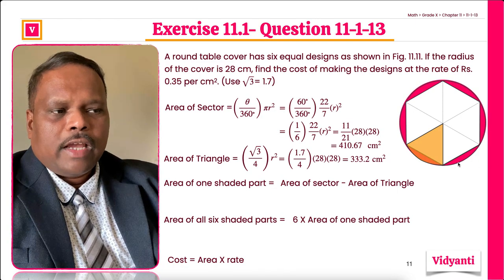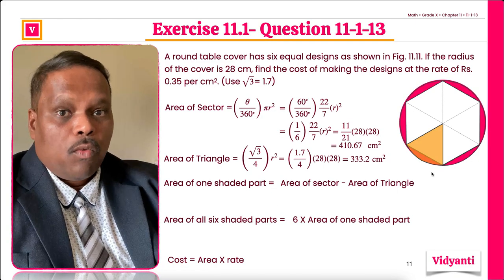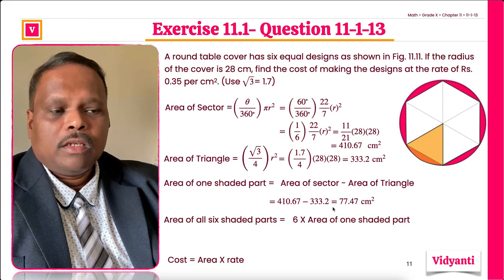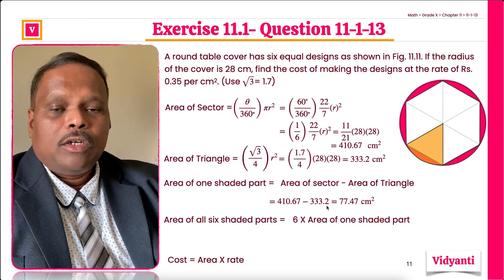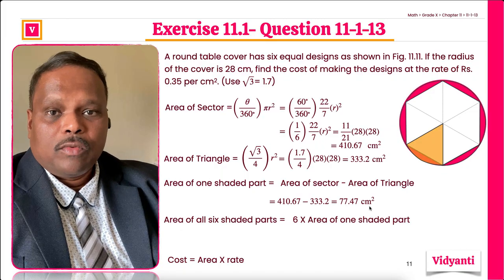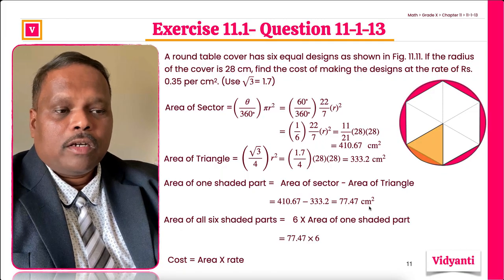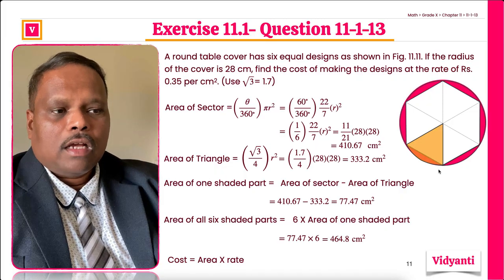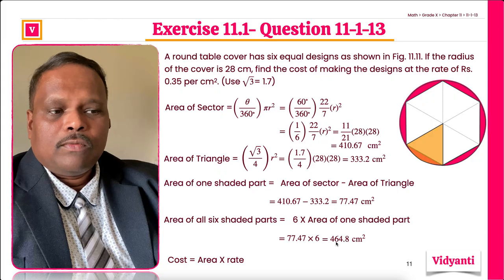Now, the design part, the pink part, only one pink part, that will be the difference between 410 something minus 333.2, that will come out to be 77.47 centimeters square. Since there are 6 such parts, we will multiply this by 6 times, and the overall area will come out to be